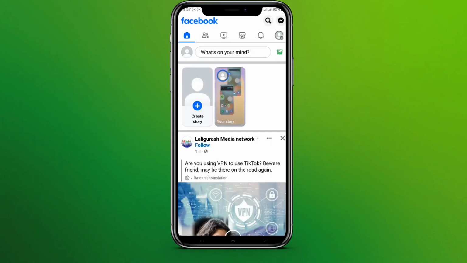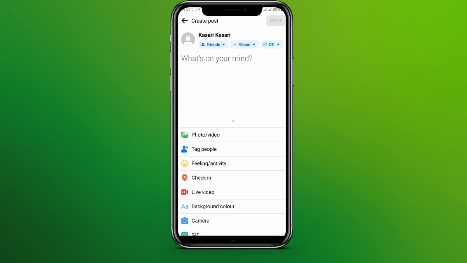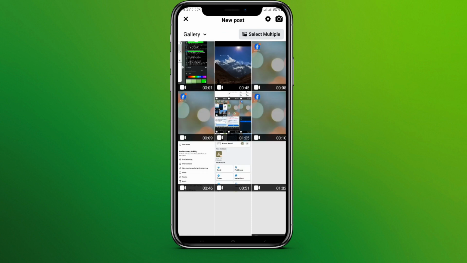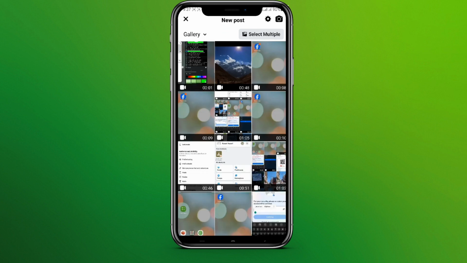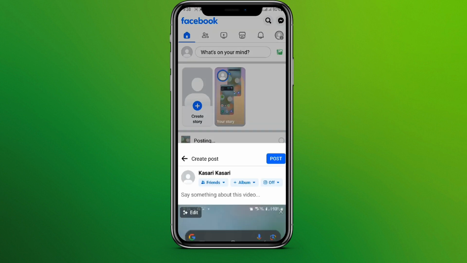Now we need to simply click on "What's on your mind" written over here. Now here is the photo and video option. So let's tap on this, and from the gallery you can choose any photo or video you want. Since we are uploading a video, choose any video, and once you are done adding the video, you can add something about your video as well. Once you are done with all this, simply click on Post in the top right corner,